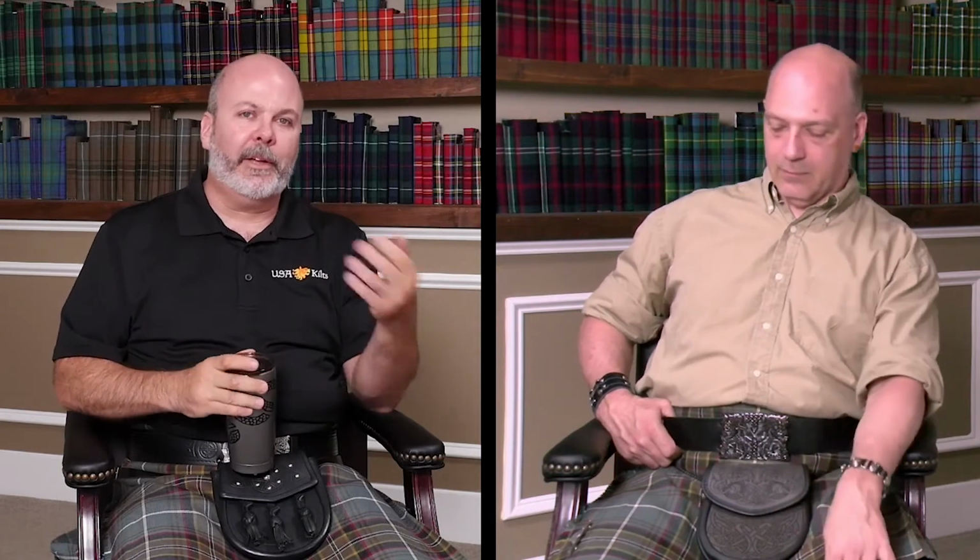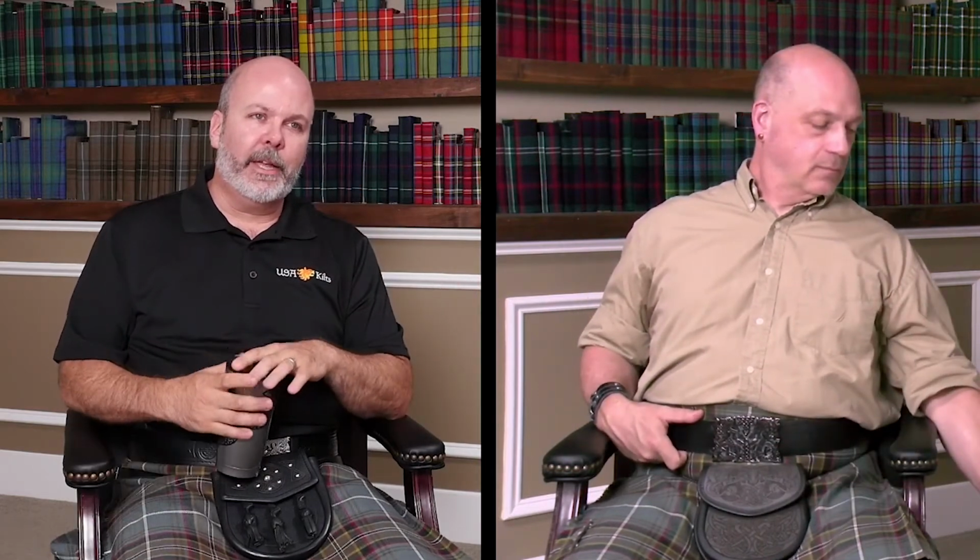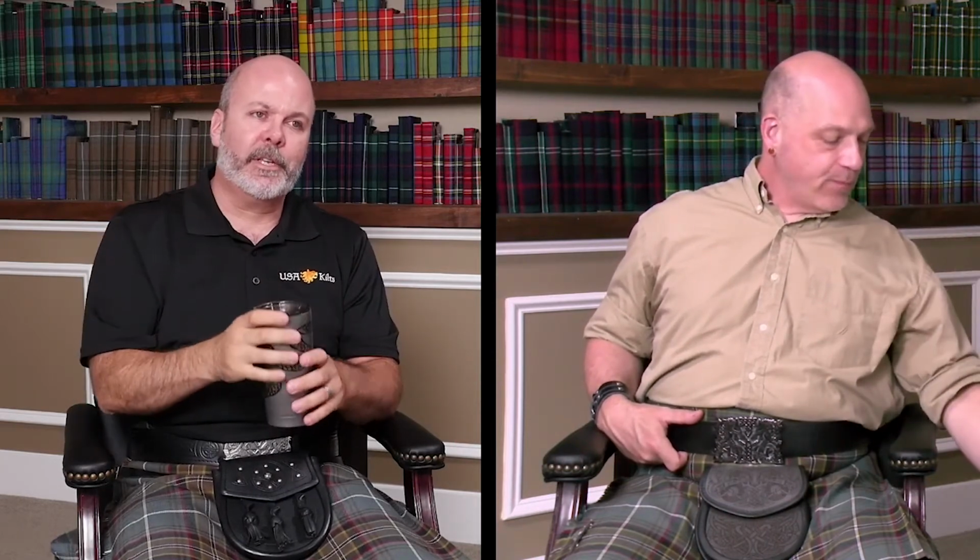Every mill has their own color palette. Wilson's Bannockburn and the modern, ancient, weathered, muted color palettes have evolved, and that is currently the options that each customer has. But Wilson's Bannockburn was a huge mill, and they had a standard color palette like most mills did. So you'll actually see on occasion a mill do a throwback, and they'll do a Wilson's Bannockburn colorway, and the basic difference between a Wilson's Bannockburn color and a traditional modern color is this: